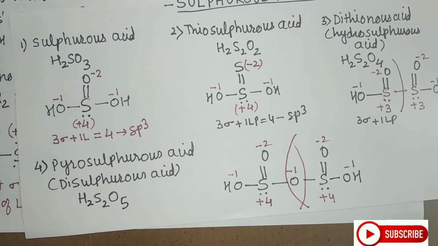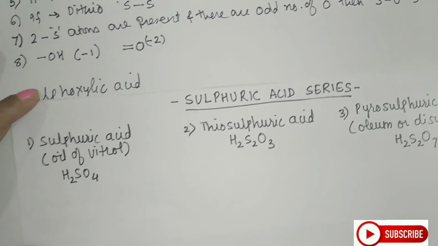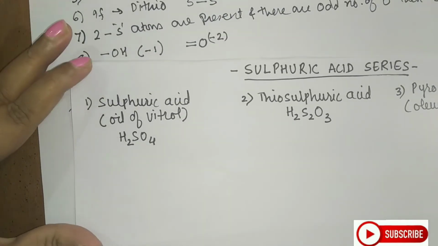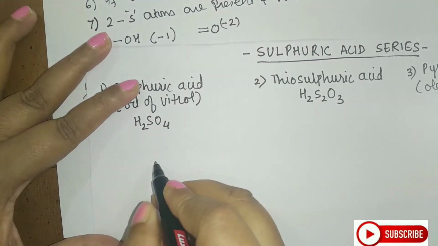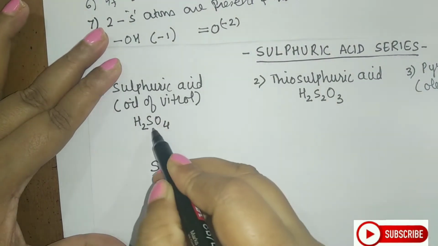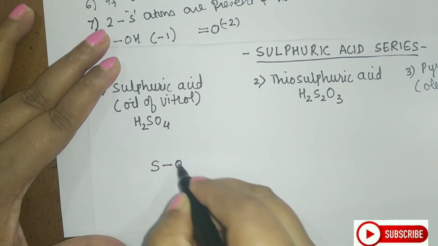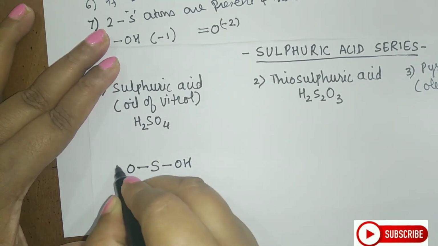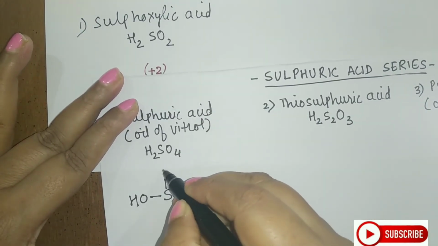Let us go on to the next series, that is sulfuric acid series. So here it is the sulfuric acid series. The first molecule is sulfuric acid. So let us write the central atom here. It is sulfur. Now form the maximum number of OH pairs. I can form 2 OH pairs here. So I will get in this way. Remaining 2 oxygen. So I will attach this in this way.